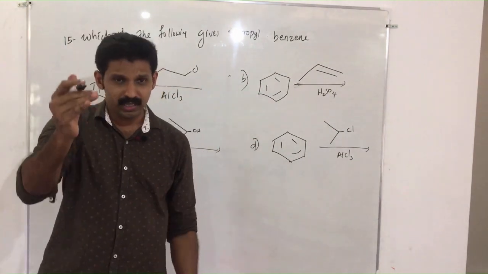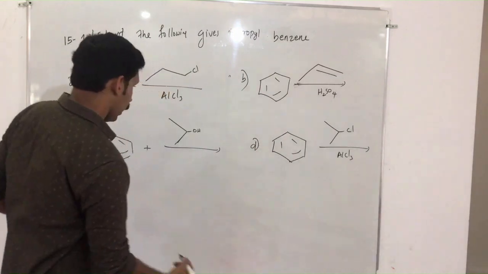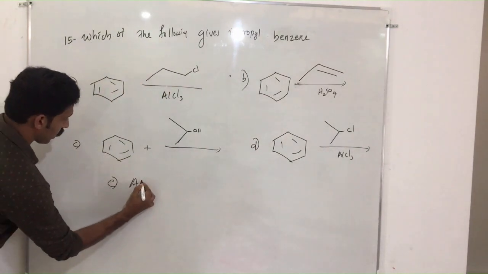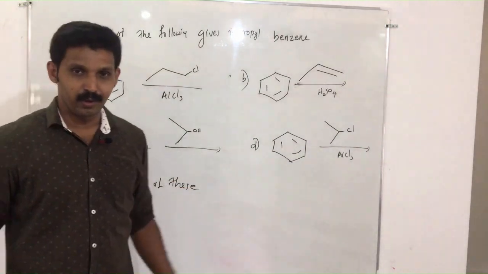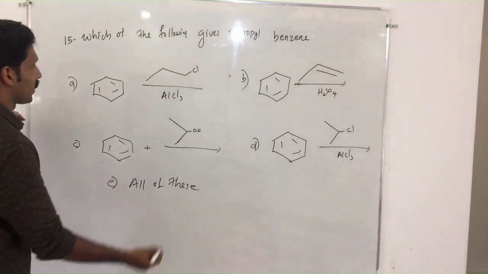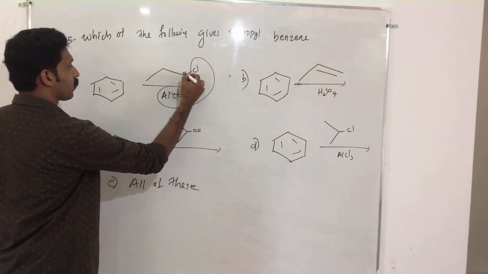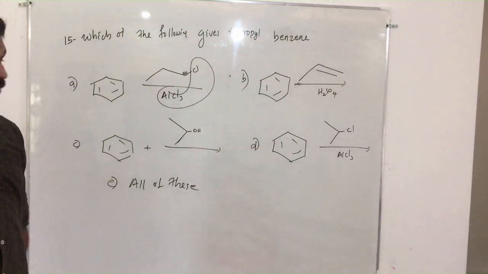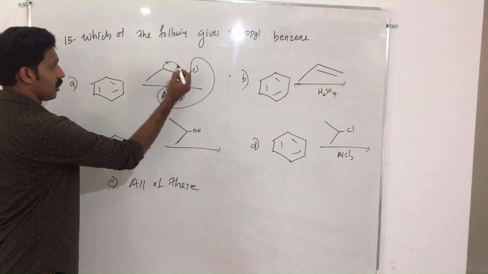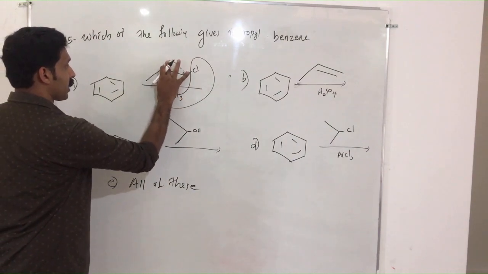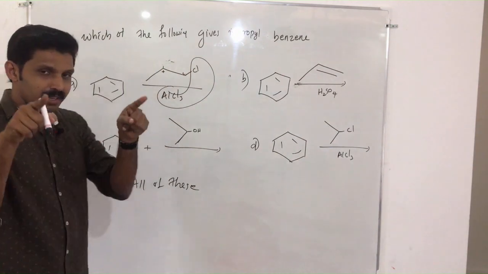So look at the options. This one, this one, this one, and this one, and the final E option is also there, that is all of this. So you may get the answer by writing this E option, right? The answer is AlCl3 reacting with chlorine. A carbocation is formed. This is a primary carbocation. It undergoes rearrangement by abstraction of H minus to here. So a plus charge will be created here. This goes to benzene. You will get isopropyl benzene.